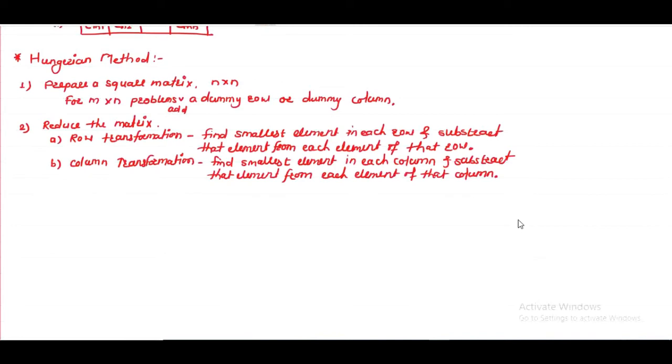Similar to the row transformation operation, a column transformation operation is there.